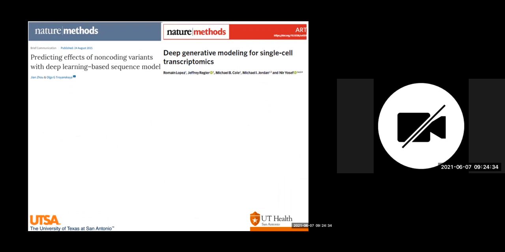As you can see, I'm showing you a few examples here of high-profile publications applying AI or deep neural networks in functional prediction of non-coding sequences, variant calling, and single-cell analysis, in applications of AI in